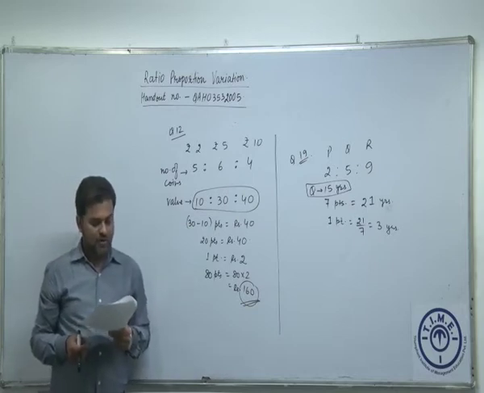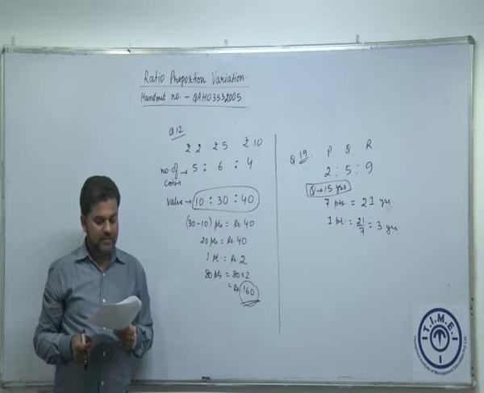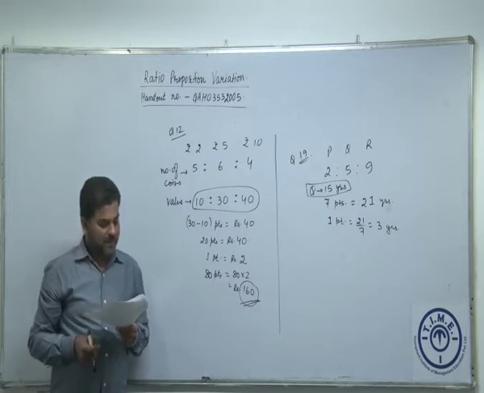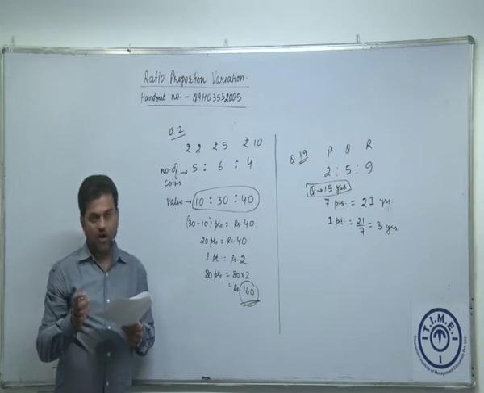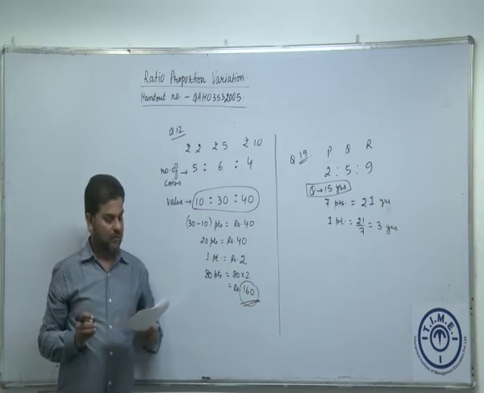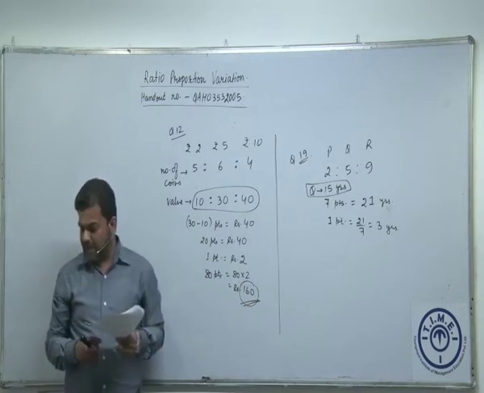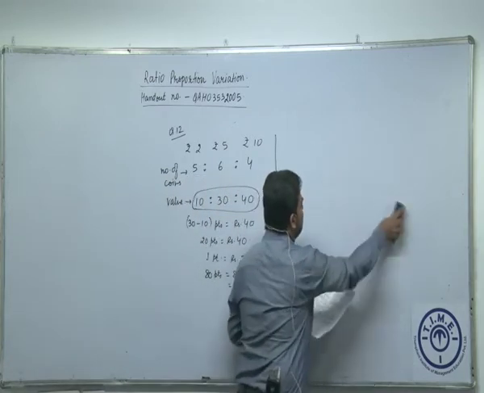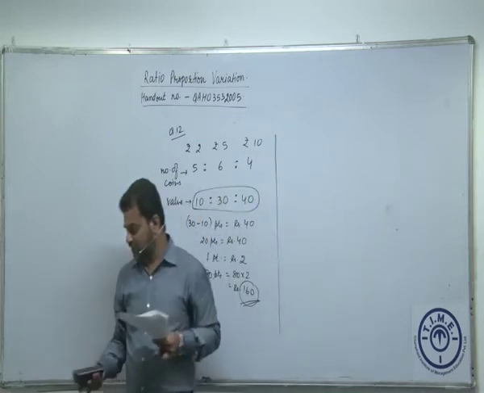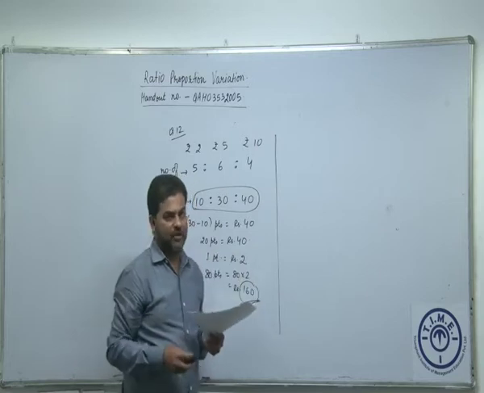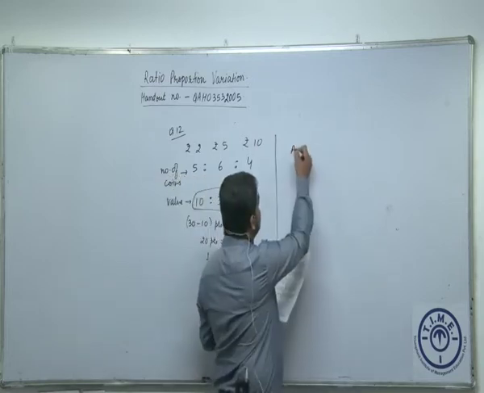It is saying the sum of 540 rupees is divided among 3 friends A, B and C. A got half of what the other 2 got together. B got 1/3 of what the other 2 got together. We have to find the difference of the amounts received by A and B. Let's see how we can do this. As I said, this question can also be done by making equations, but we'll try to do it a little differently and we'll see how it saves our time. So this is additional question 1.